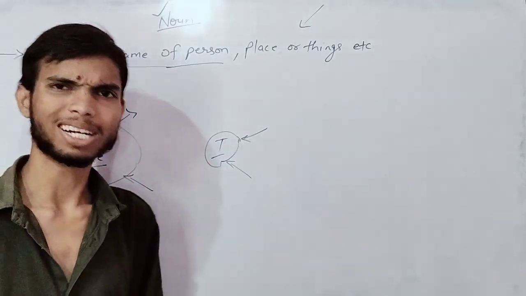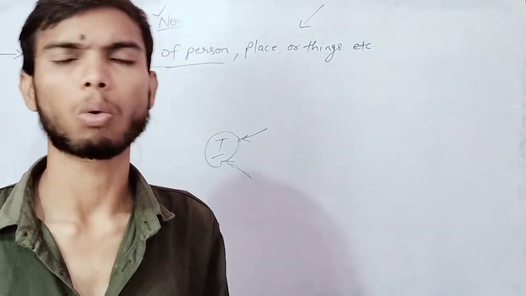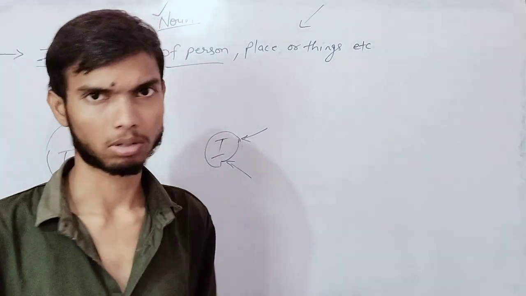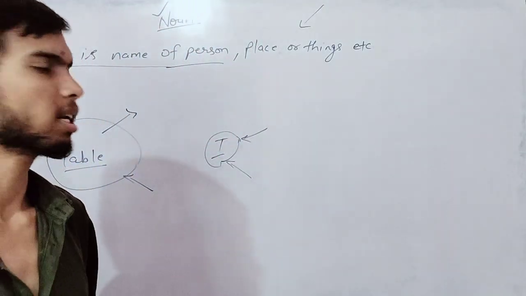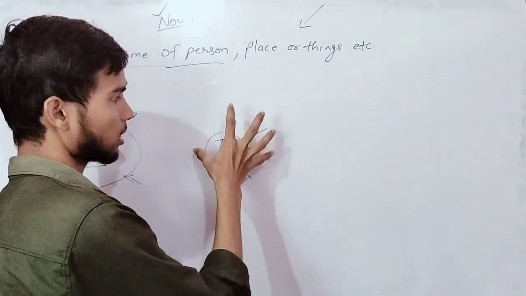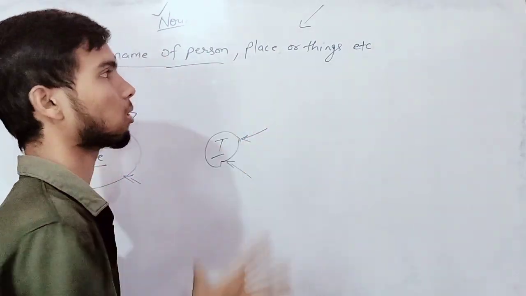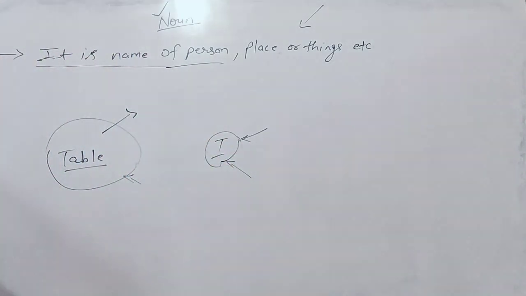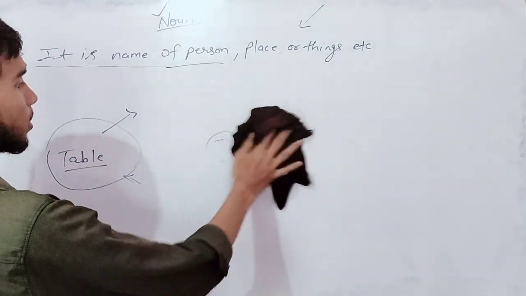Here, "I". It is a word. But can we say it is a noun? No. We say it is a pronoun. I will explain about pronoun, but till here just understand it is not a noun. It is a pronoun. They will not keep this in the category of noun. Clear? It is a word, but name of this is something else, not noun.